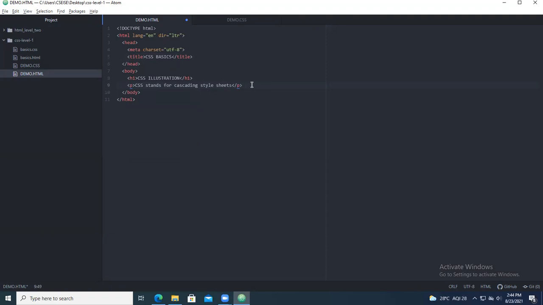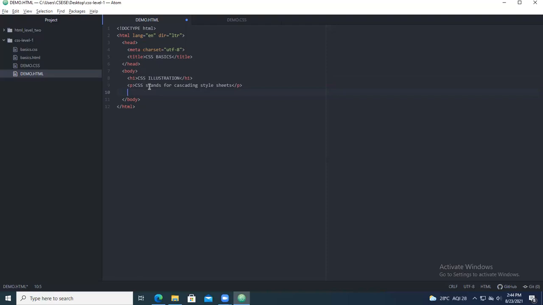So keep in mind how many tags you are going to use. You have used the H1 tag, the heading tag. Next you have gone with a P tag for a statement. Then you have taken the body tag also. So body is inbuilt by HTML, whereas H1 and P are given by the user.